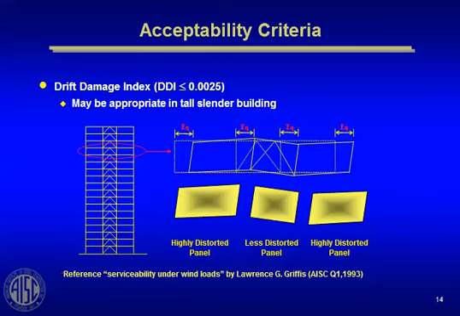And so in this paper I proposed a different definition of drift. It's not just one story displacing relative to another, but it actually looks at, for any rectangular panel from one floor to the next, the shear strain,